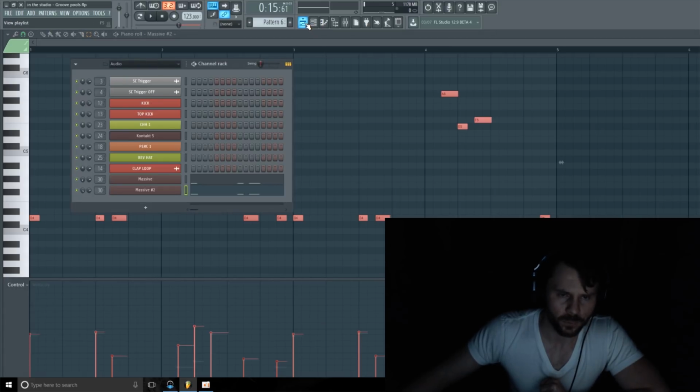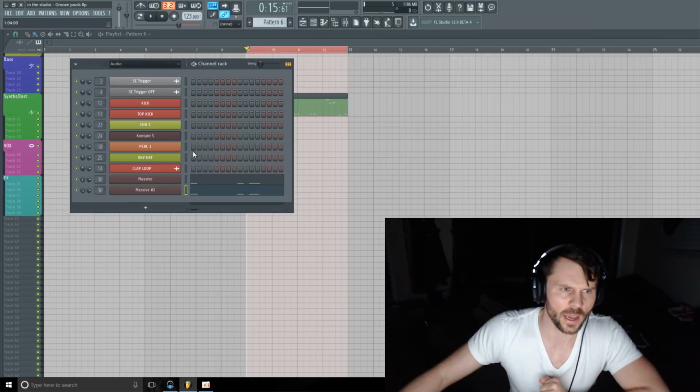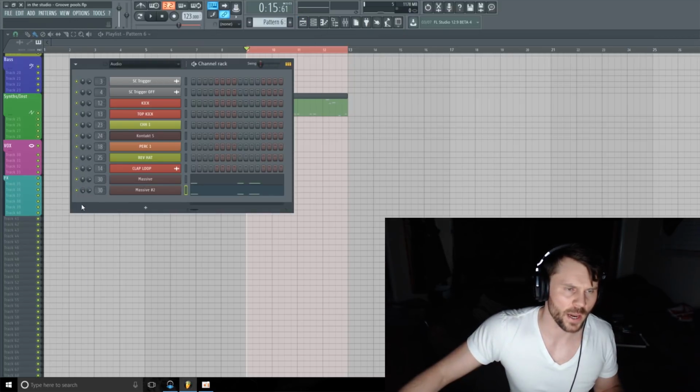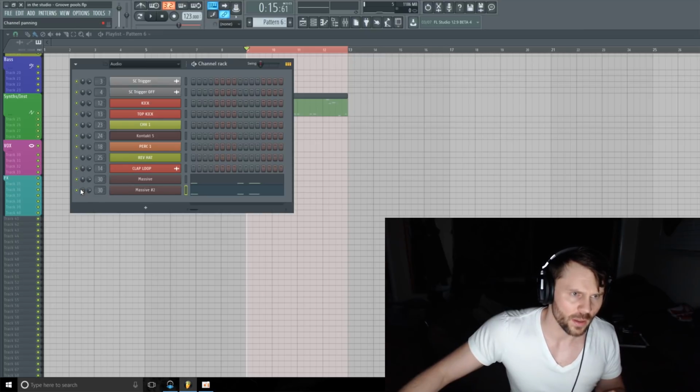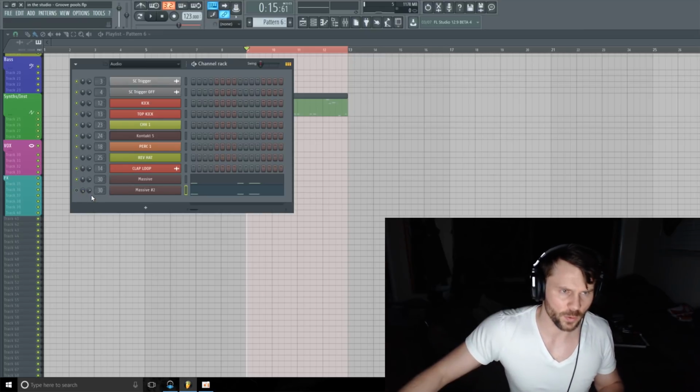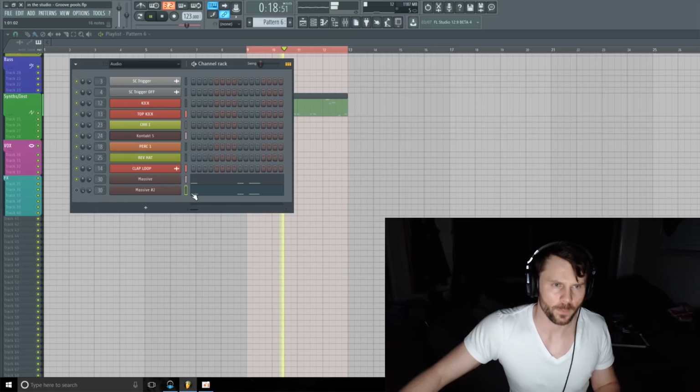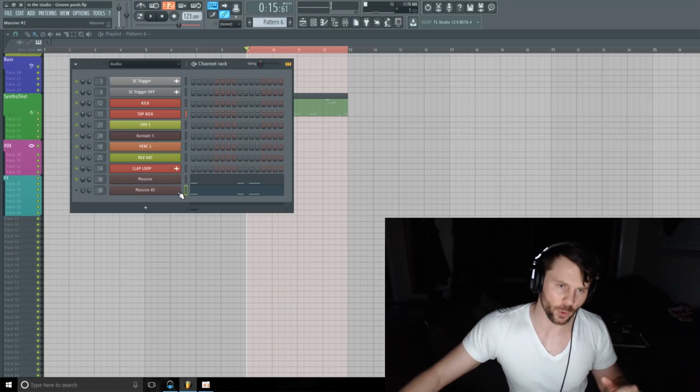So yeah. Let's do a little before and after here. So I'm just going to set this one back to the center, and then I'll mute this one for a second. So this is how we started with. Although we did add the groove to it, but